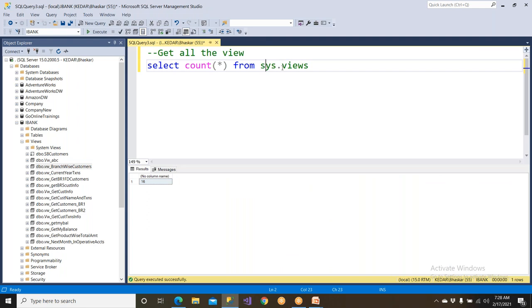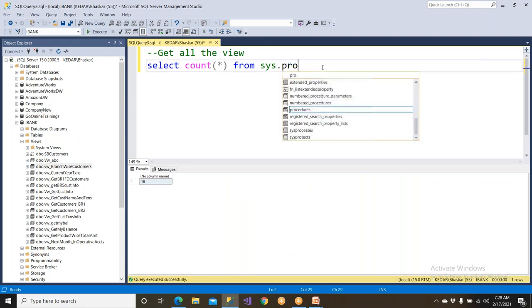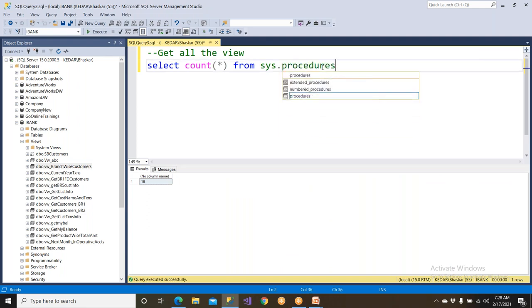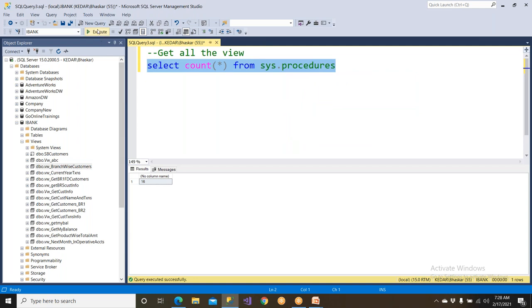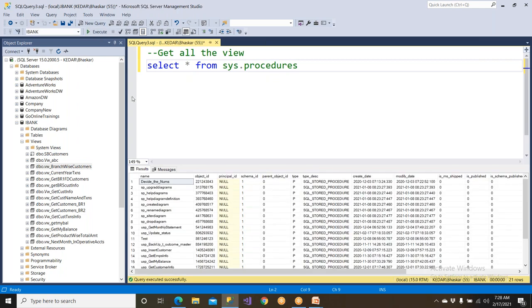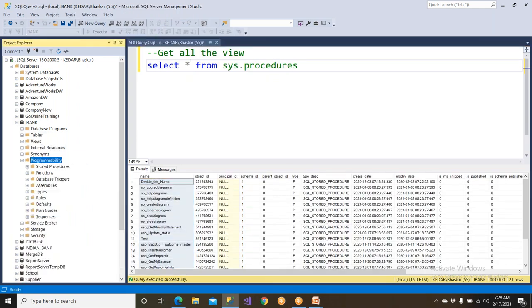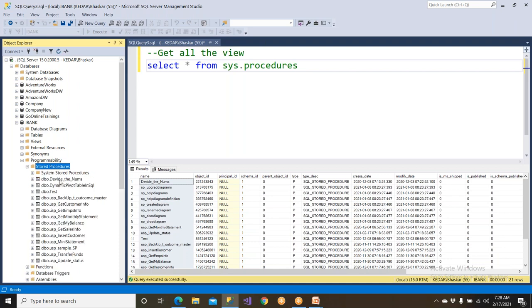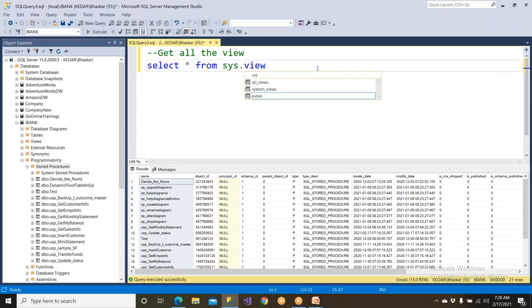If you wanted to get all procedures, stored procedures, you should be able to see like this. Okay, 21 procs are available. If you need a complete list of procs, you can get it. These are the procedures that are available. Clear? So when you go to programmability, these are the procedures that we have. Clear, guys? So if you wanted to see all the views,